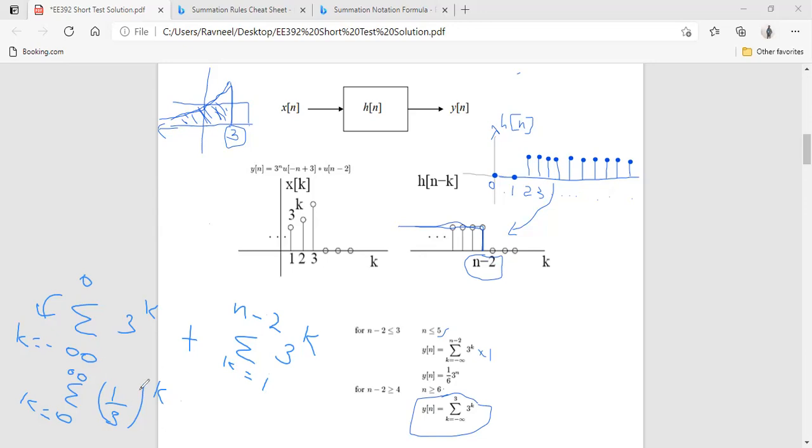Solving for this, I think the summation of this particular part is going to leave me with 1 upon 1 minus 1/3, I believe, right? Is that right? And the summation for these, yes, right. So the summation for the second part will be